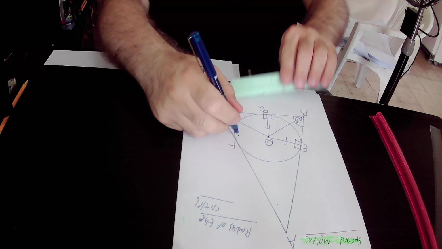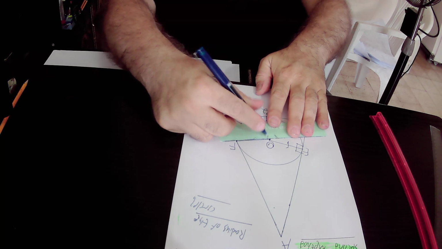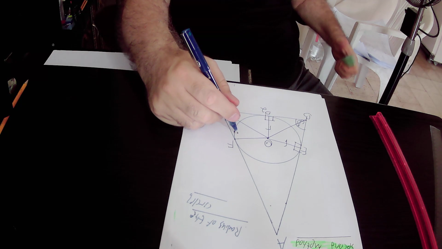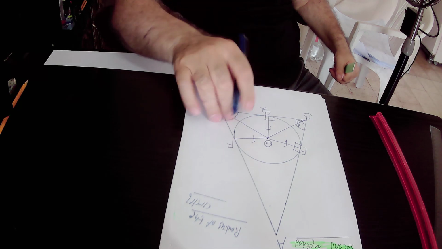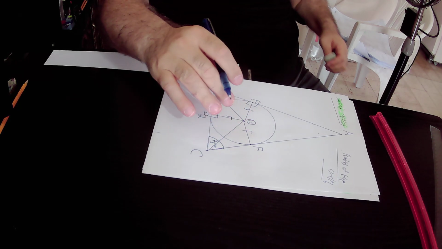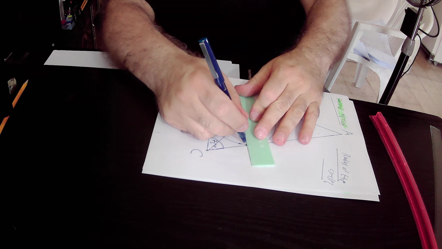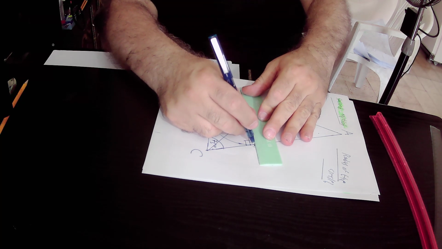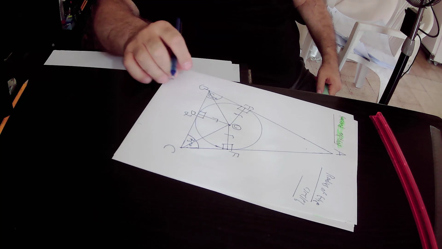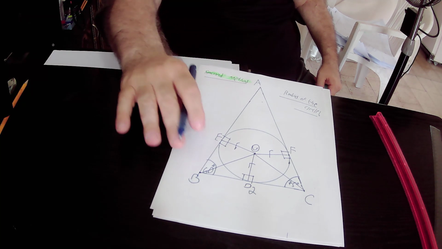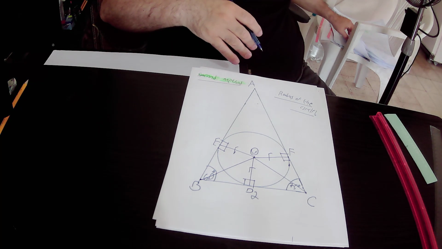We join points O and F together by a straight line. Again, point O is the center of the circle, point F is a point on the circle itself, therefore OF is the radius of the circle that is equal to R. And we have the radius OF that is drawn to the point of tangency, therefore this angle will be equal to 90 degrees, and this angle will also be equal to 90 degrees according to rule number 1. So here we actually have also rule number 2,